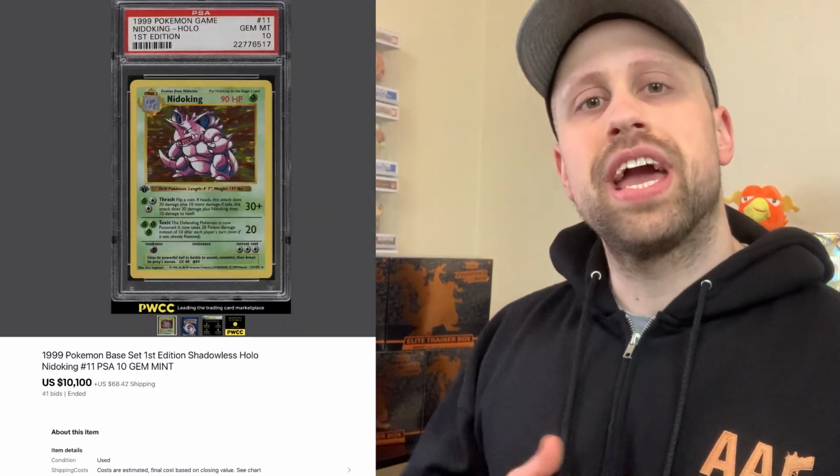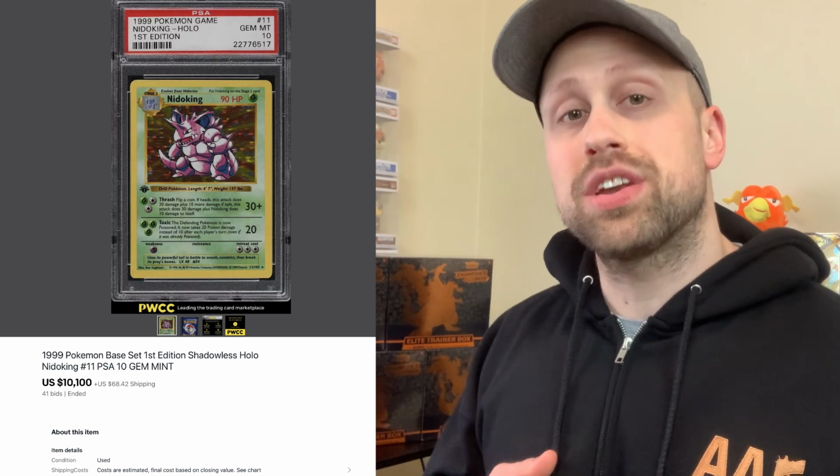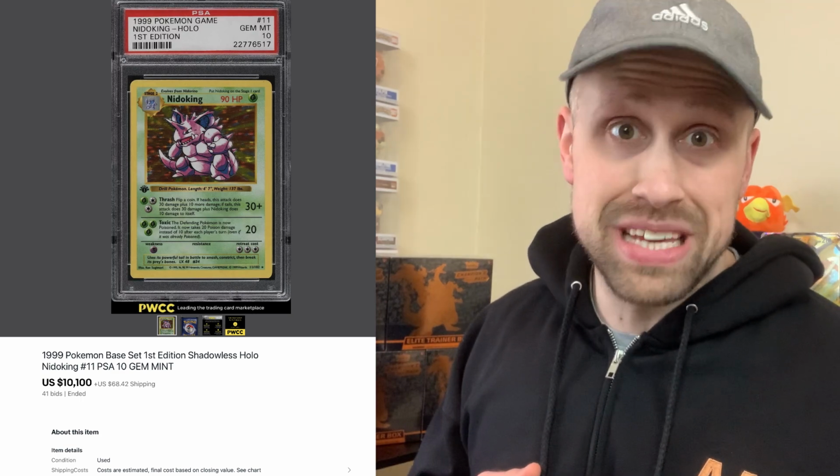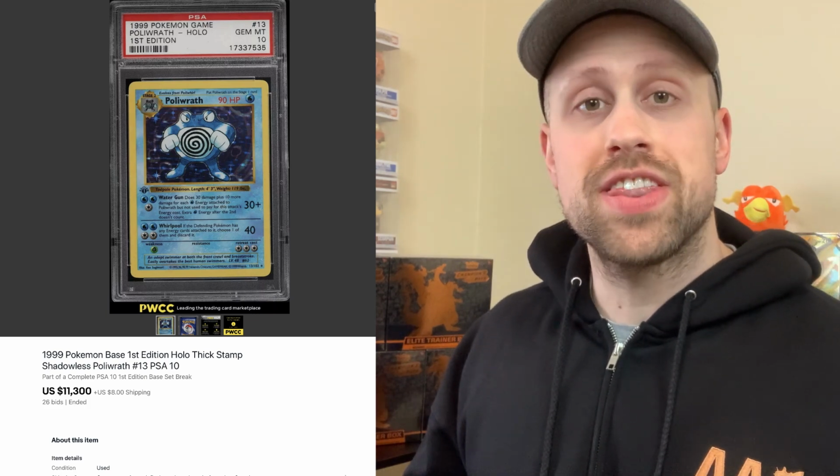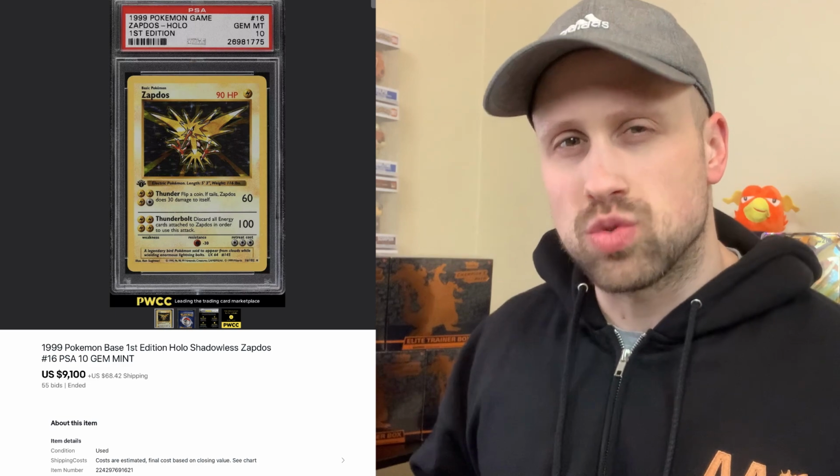As always with a top 10 list, I feel the need to give you an honorable mentions list, and here it is. A PSA 10 First Edition Clefairy card will cost you about $10,700. The Nidoking First Edition card will cost you about $10,100 for its PSA 10 copy. The First Edition Poliwrath in PSA 10 went recently for $11,300. The Zapdos PSA 10 First Edition Holo is the second lowest value holographic from this set at $9,100 in the